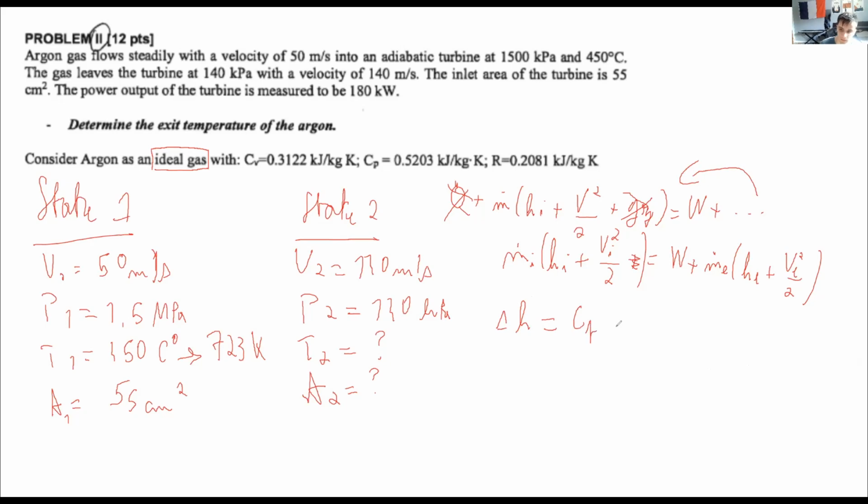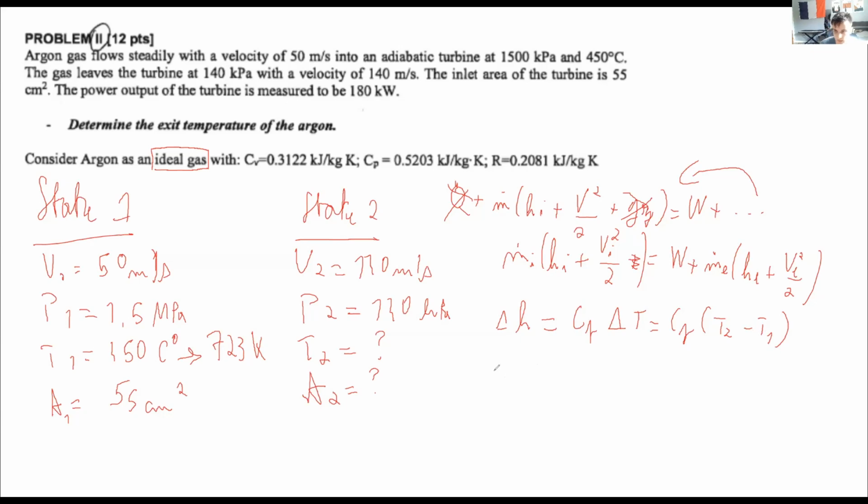So you can derive this equation: Cp times, I guess this is going to be between state 1 and state 2, T2 minus T1. We know Cp, we don't know T2, but that's what we're trying to find, and we don't know T1 either. So if we were to plug everything back into the first equation,